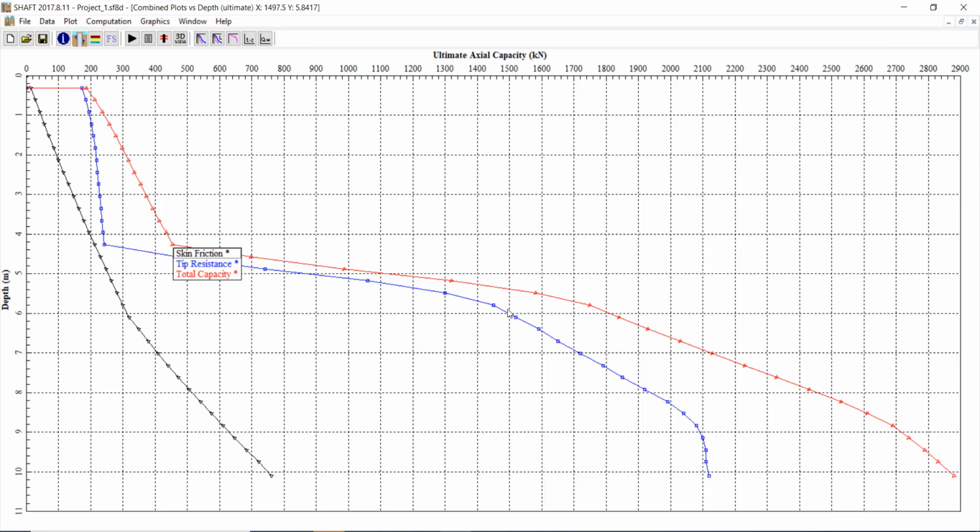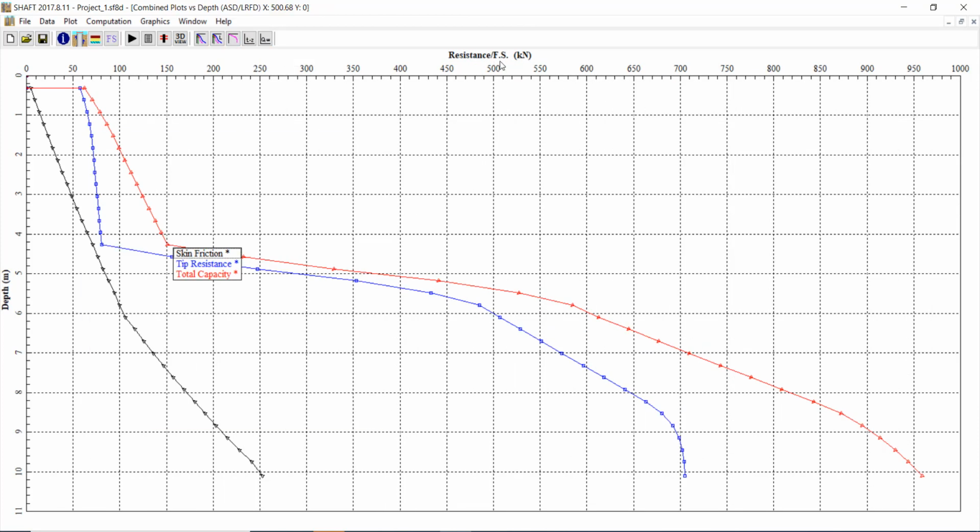The end bearing force has increased tremendously, and the end bearing alone is 1500 kilonewton, while the shaft resistance is still at 3, and the total resistance at a depth of 6 meters will be 1800 kilonewton. And if we look at this combined plot,